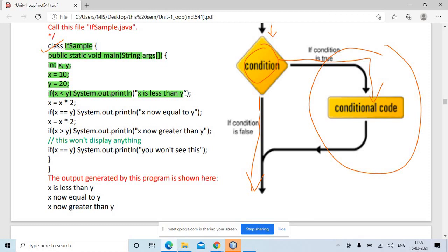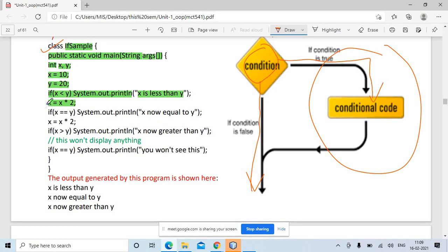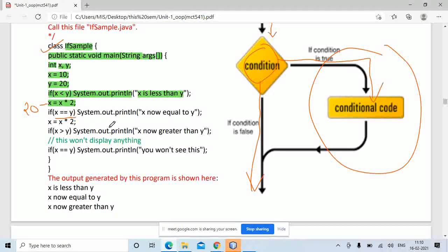Skip this line. In the next line, what we have done is x is equal to x multiplied by 2. So what is the value of x? 10. 10 multiplied by 2 is 20. So the new value of x is 20. In the next line, you have checked if x is equal to y, whether x and y are same.